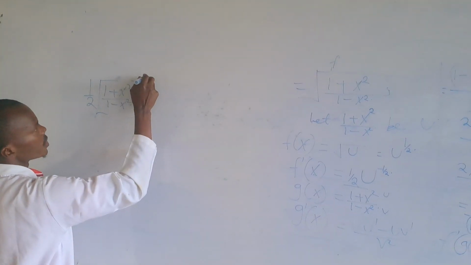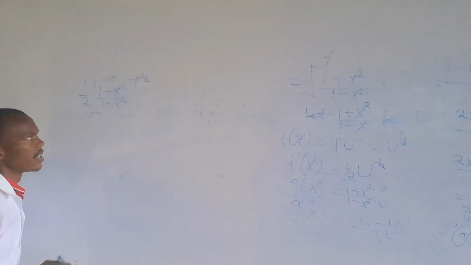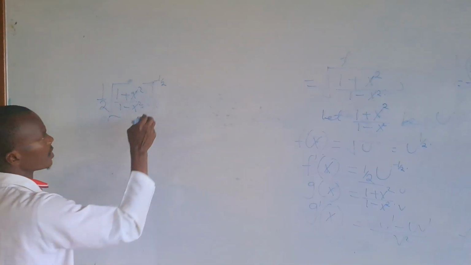Then everything was raised to power negative a half. Then we multiply